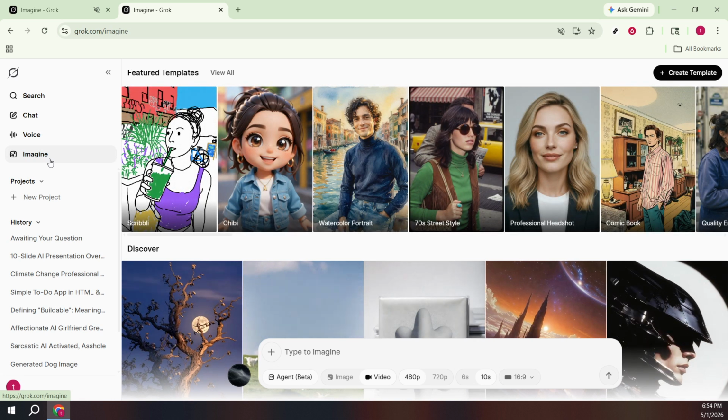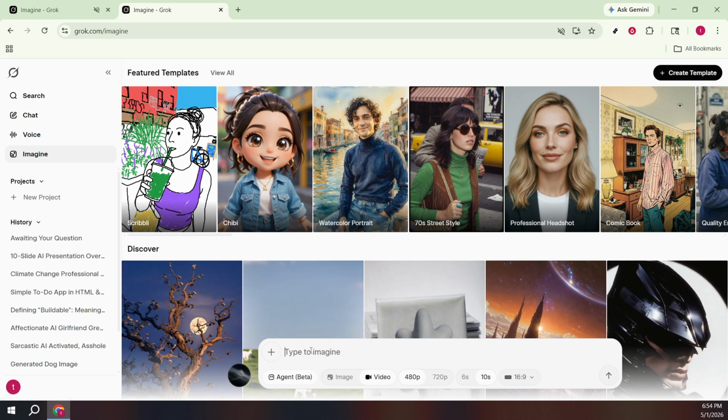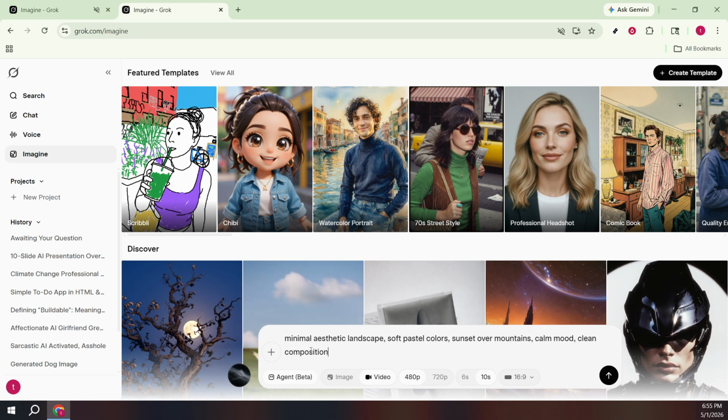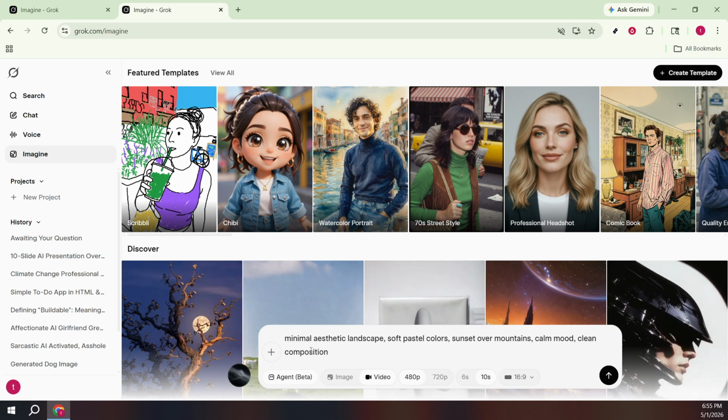In the Imagine view, place your cursor in the field that says Type to Imagine. This is where your prompt goes, and it's worth being specific. You can also pick a content goal to help the system align with your intent. For example, you might type minimal aesthetic landscape, soft pastel colors, sunset over mountains, calm mood, clean composition. Describing the style, palette, subject, mood, and layout like this gives the model clear direction and usually leads to more